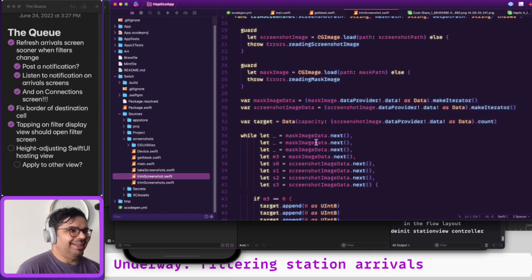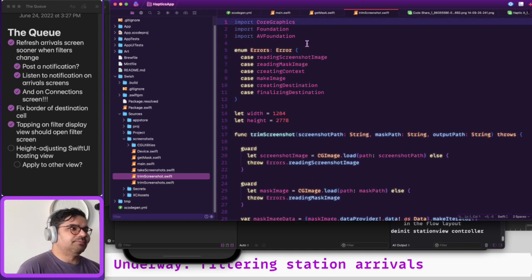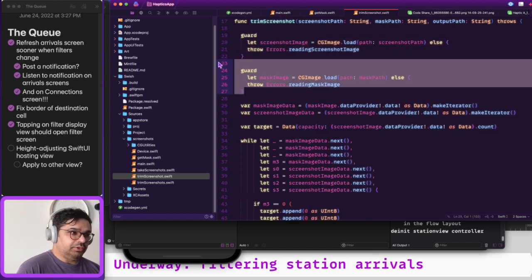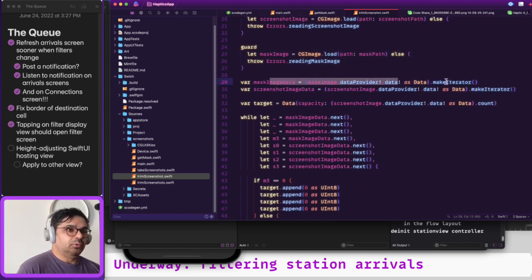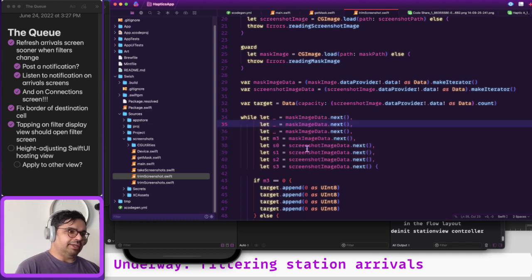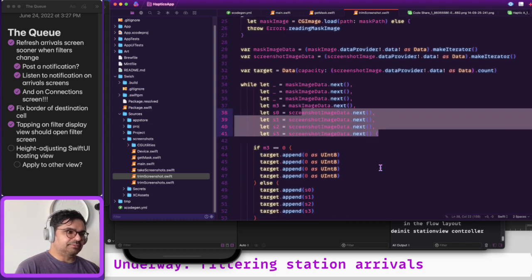Here, we use Core Graphics. You load the CG image, you load the mask image, we convert them to data that we iterate through, and then because the pixels are in groups of 4 for red, green, blue, and alpha in the mask and on the screenshot,